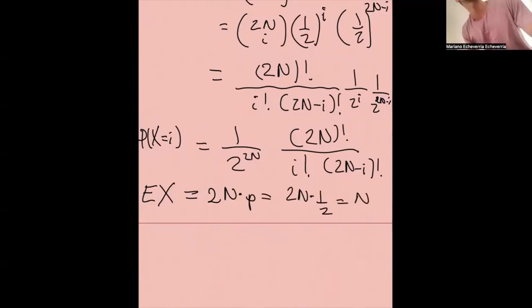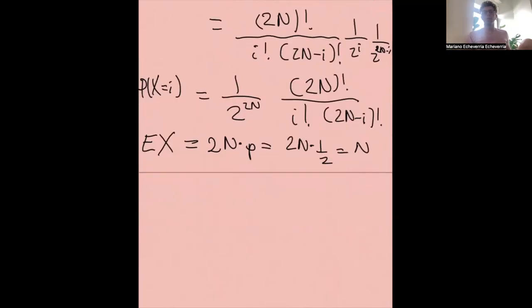And this kind of makes some sense physically, right? Because if you have 2n particles and there's equal chance for each of them to be on either side of the container, this is saying that on average half of the particles are on the left side and half on the right side. Is that making sense? That is a reasonable thing to expect, because everything is perfectly symmetric. If you knew nothing else, you would say it should split half and half.